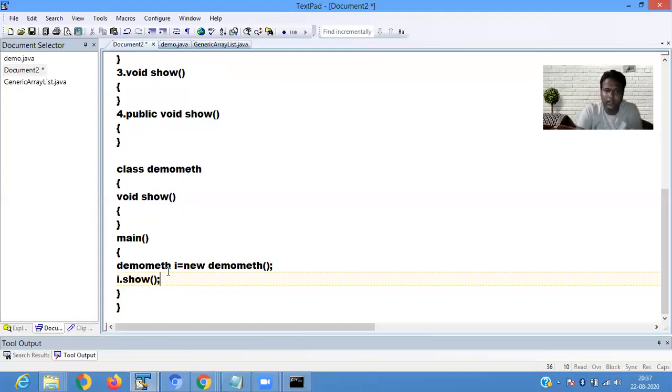If it does not have any parameter, then show function is used. Suppose it has a parameter, if it is an integer, then you pass 10.